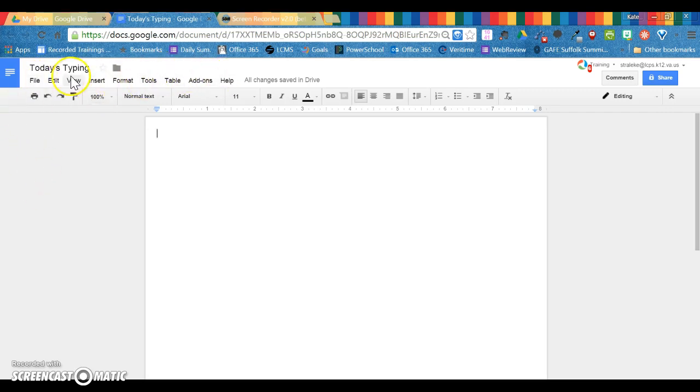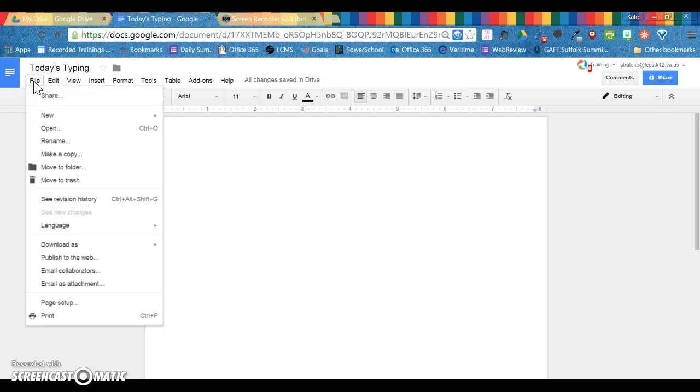All right, the words across the top, I'm simply going to go through the ones that I use the most, because I assume that maybe those are the same ones that other people would use the most. So under File, I can move this to trash if I decide I do not want this anymore right inside the document. And I can move to folder. So in my Google Drive, if I'm trying to stay really organized, I can move it to any folder I want right in there. Revision history is a fantastic tool,